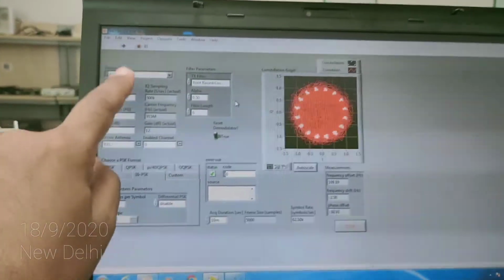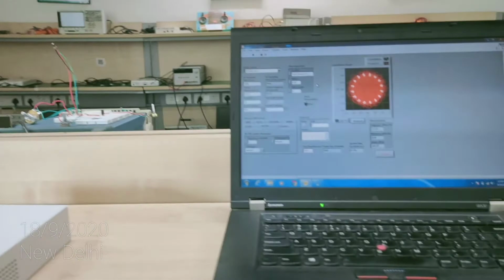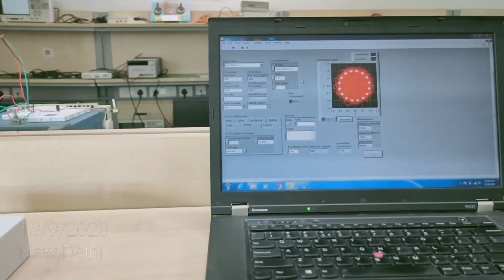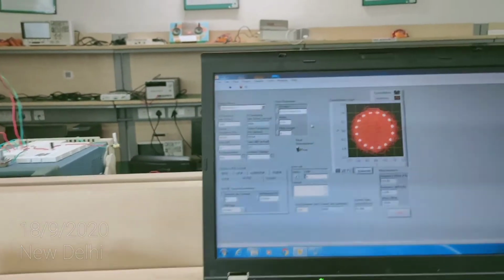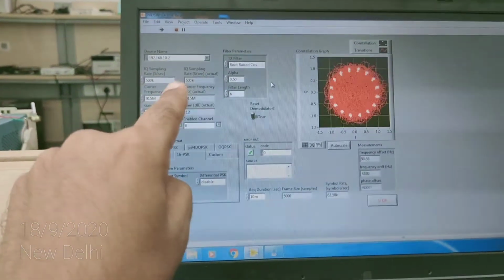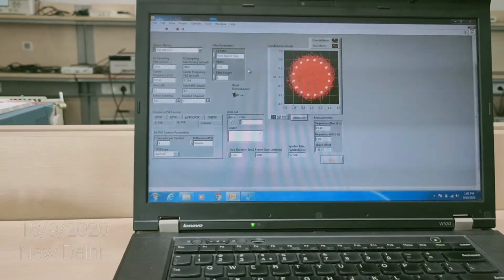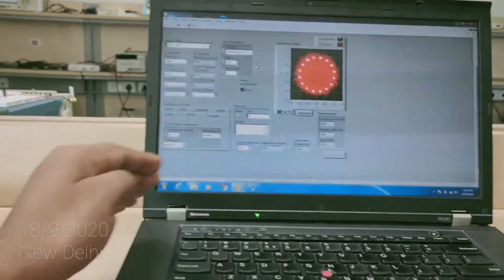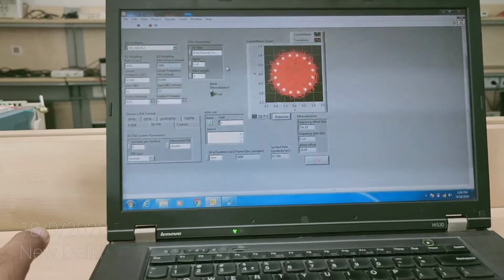Now you'll see that there is one particular tab by the name device name. This is the IP address of this particular device. By default, whenever you purchase it for the first time, the IP address is 192.168.10.2, 3 or 4. You can change the IP address by accessing the NI configuration utility software, an app which gets installed when you install the USRP software, right?